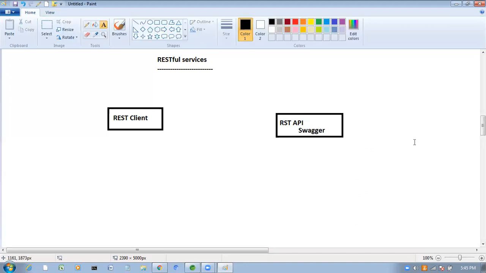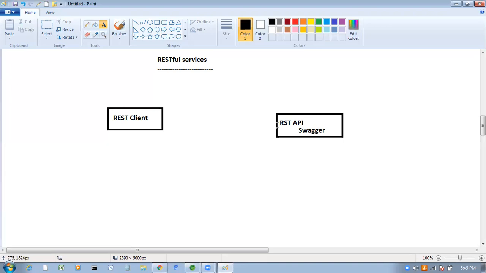Swagger also will exist inside this REST API application only. That's why I put this Swagger inside this application. By using this Swagger, the developer can provide the details of this REST API.